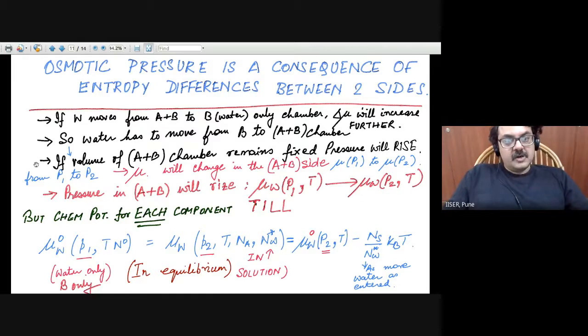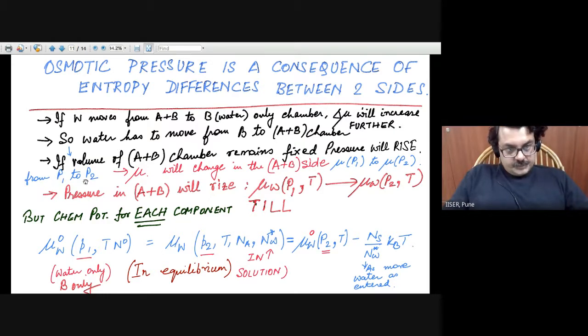And if the volume of the A plus B chamber, the solute plus solvent chamber, remains fixed, then pressure will rise because more molecules of water are going in, and basically the pressure will rise from